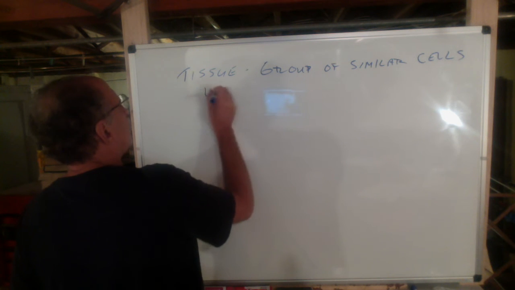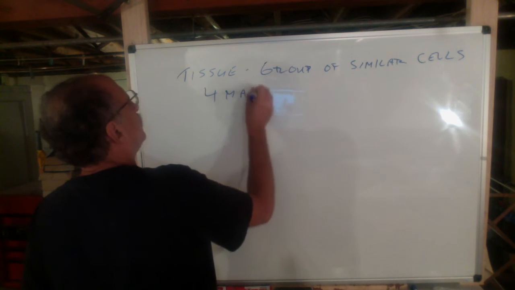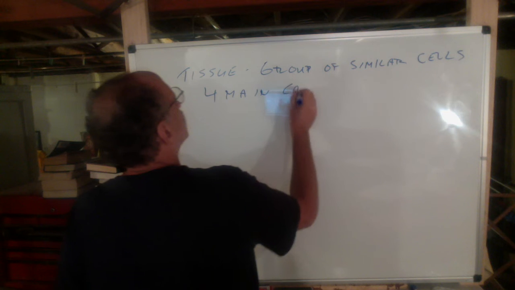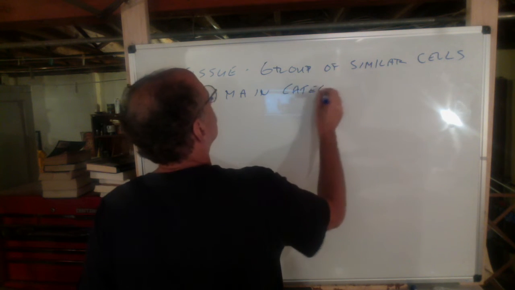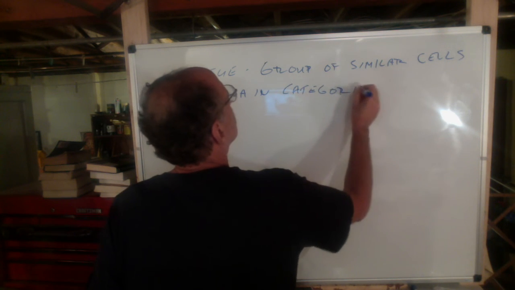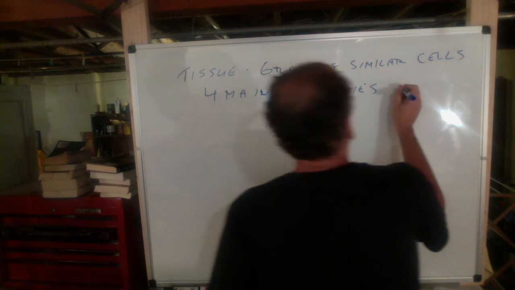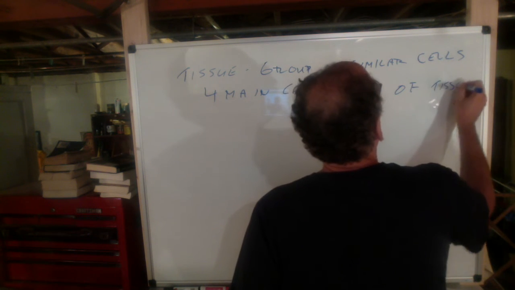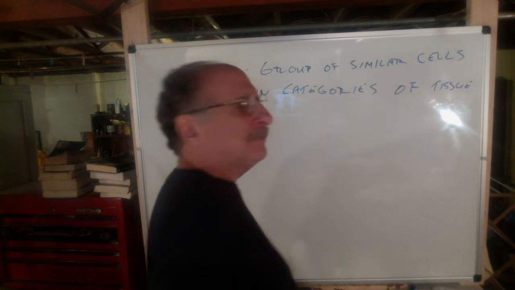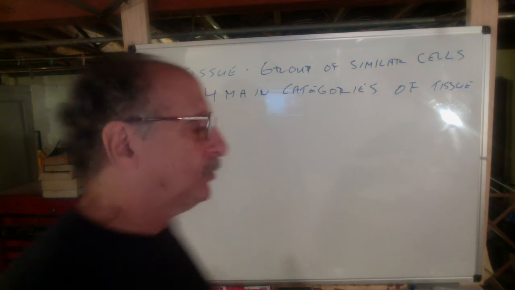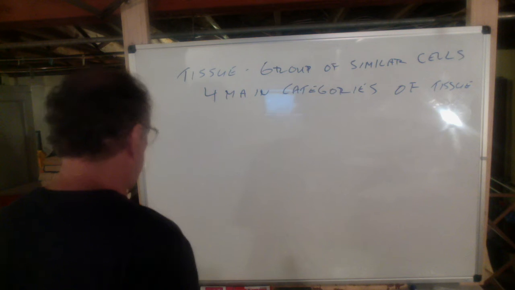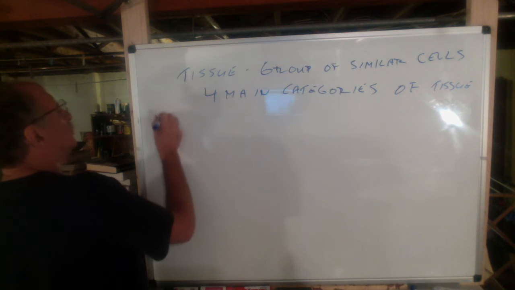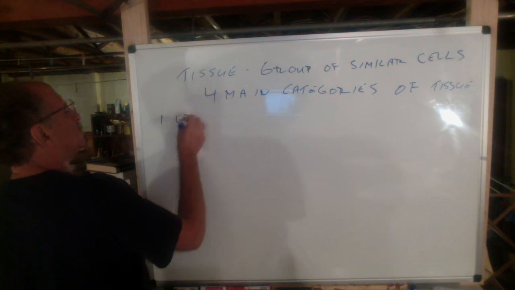We say there are 4 main categories of tissue. I'm not going to go into detail. We have a whole unit on tissues, but I at least want to list the 4 main categories of tissues. Epithelial tissue,